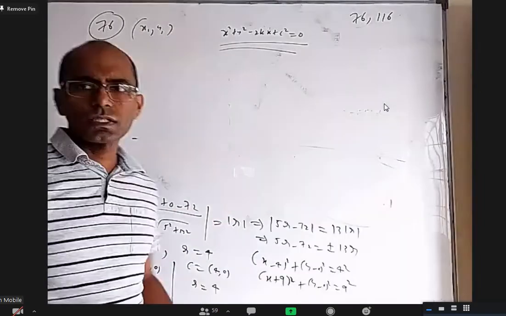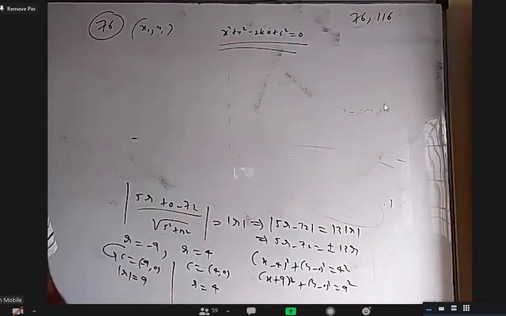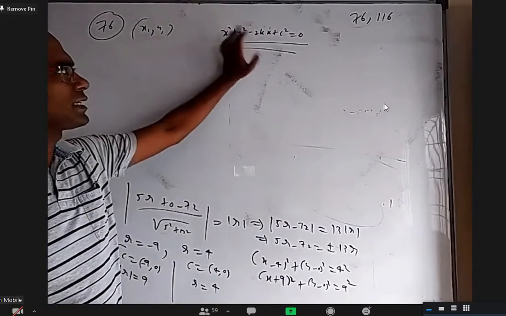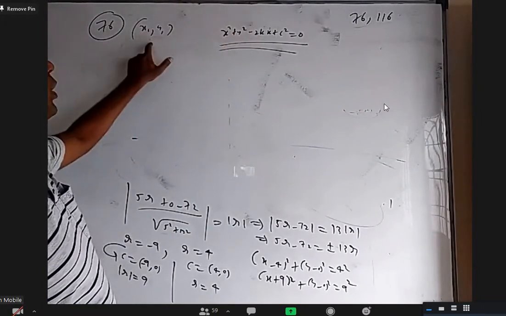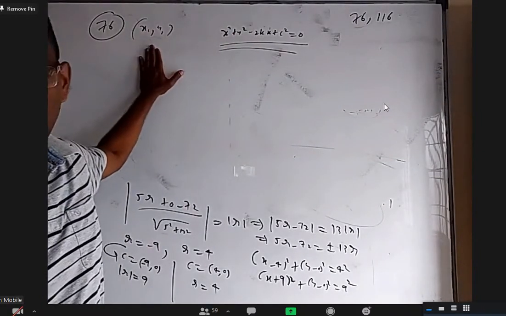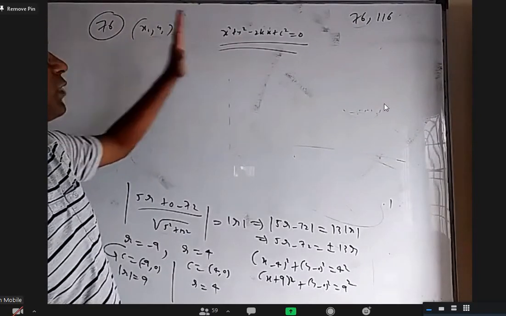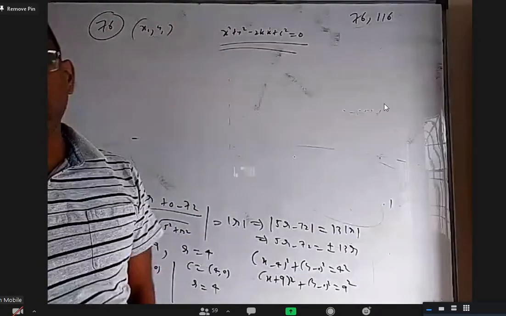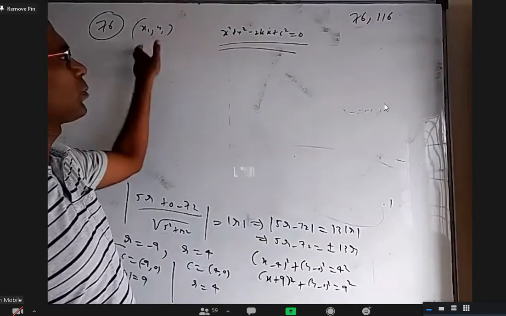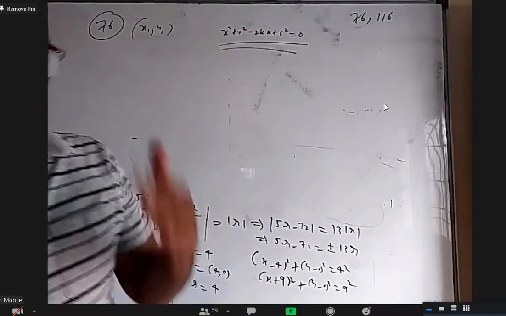Okay, 76 is mainly to understand that k is variable. So when k is changing, this circle is changing. Find the polar of this. This is a fixed point, not a variable point. The circle C is constant, but k is variable. As you change k and find the polar of this point, we have many polars, but they are all concurrent.